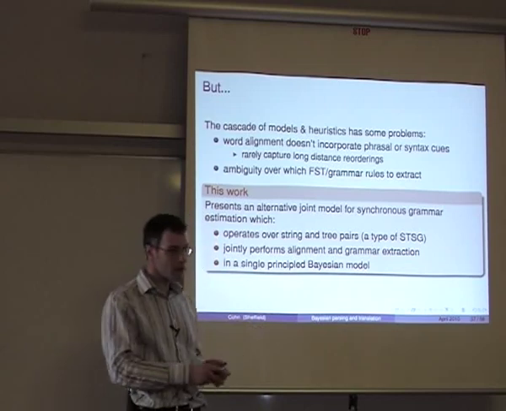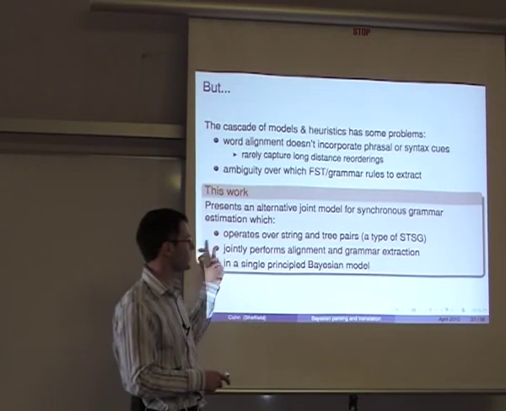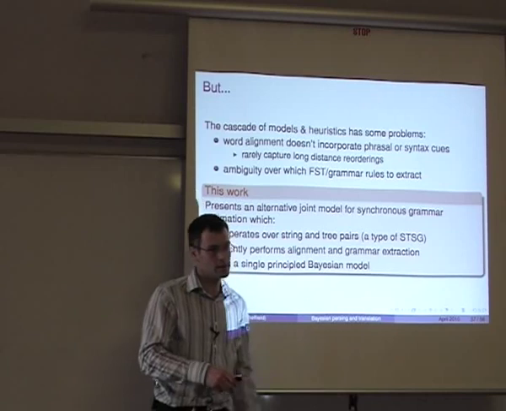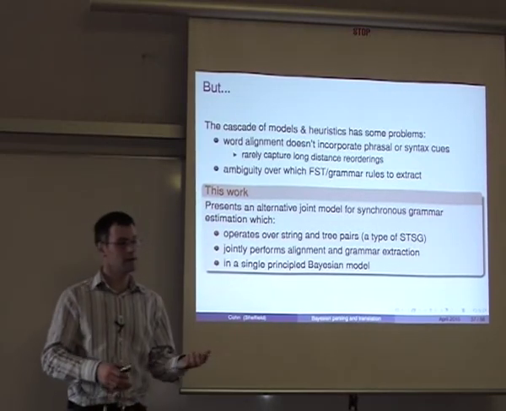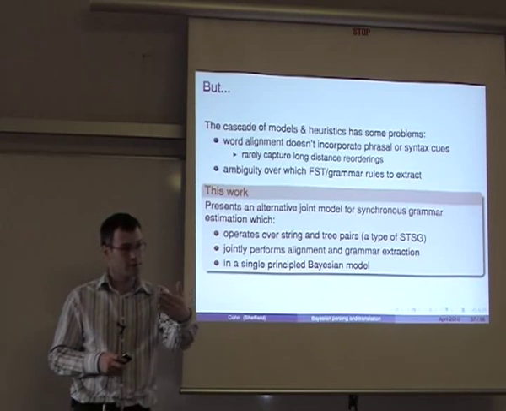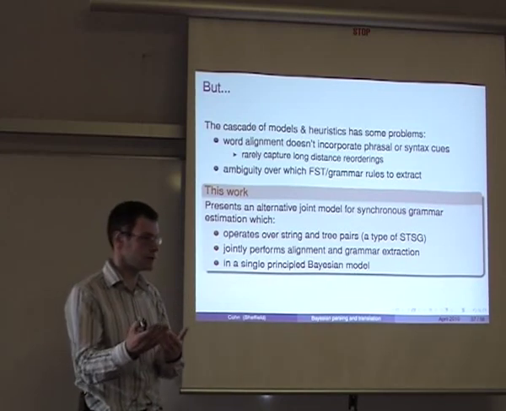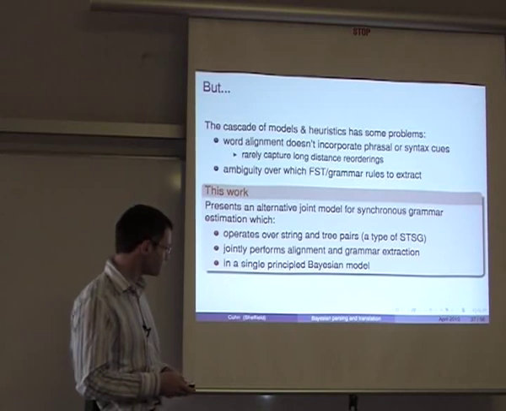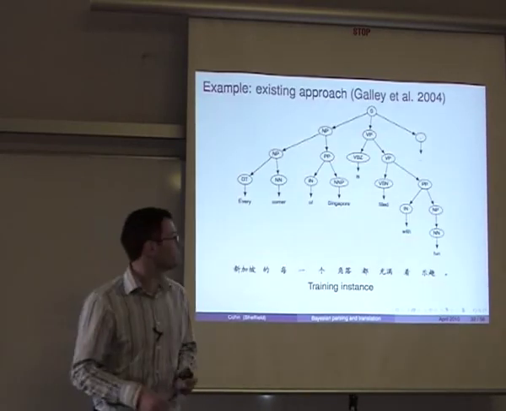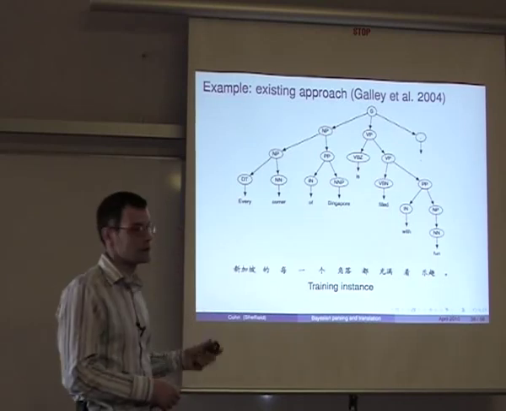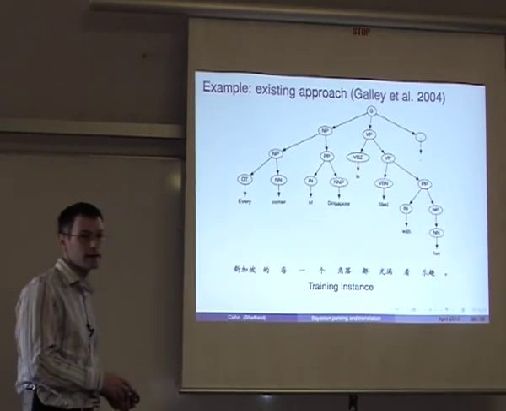the same time. And the way that's done is by generating a grammar over string and tree pairs. So this is a form of tree-substitution grammar, but a synchronous one. So every rule does not just create some tree fragment, it also creates some string unit in the other language. And this is all integrated into a single Bayesian model. Okay, so it's highly based on this existing approach from ISI in the paper of Galley et al.